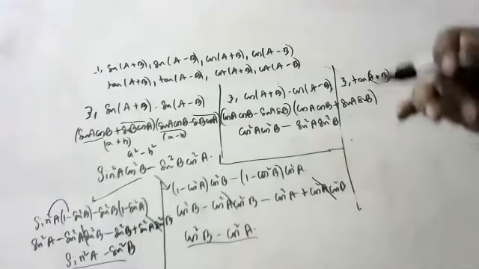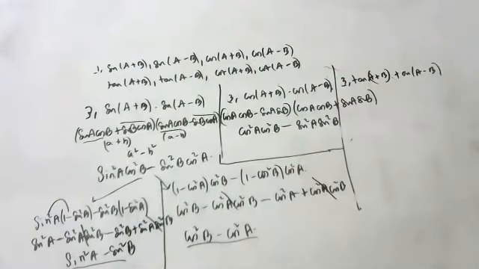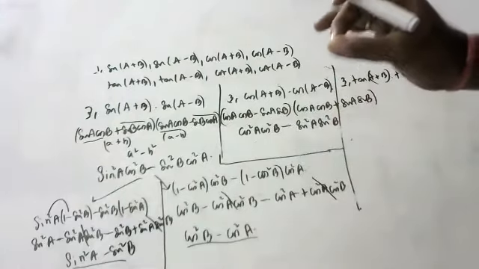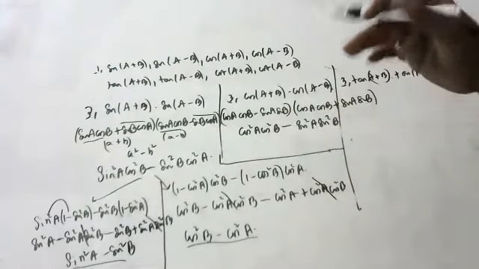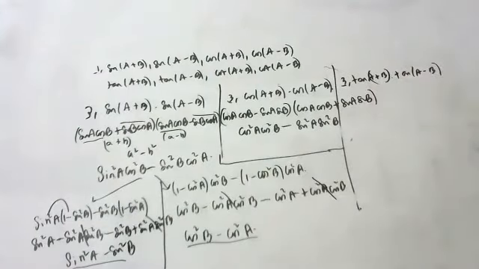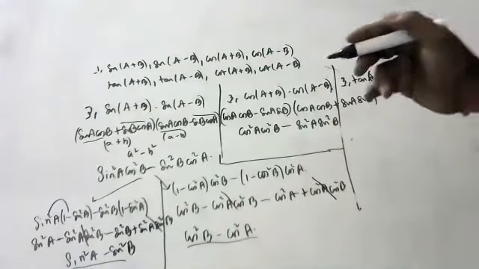cos square A cos square B minus sin square A sin square B, I want to simplify in two ways, children. See, when I'm simplifying, how will I simplify? I want either cos and sin, or either A or B, children. See how I will search. In the first case, I will remove cos and sin, children. See how we will do.